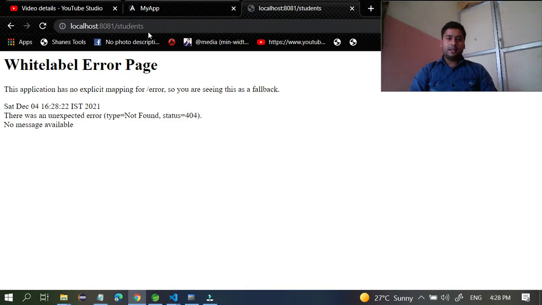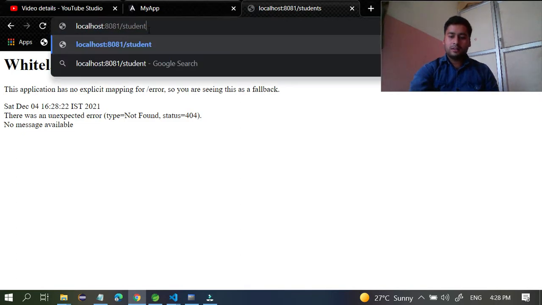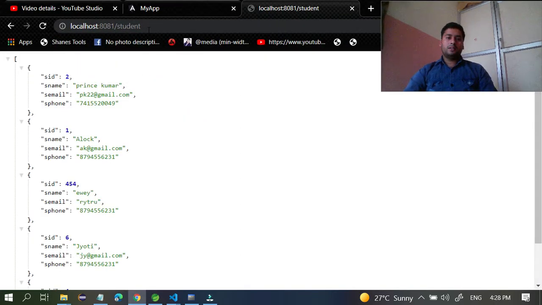And if you hit it, you can see whatever students are available in the database here in your browser. Right now you are able to see the database data in your browser because of the API I developed with Spring Boot.